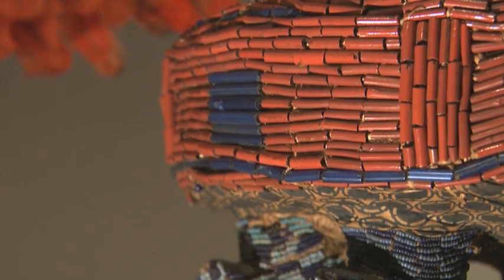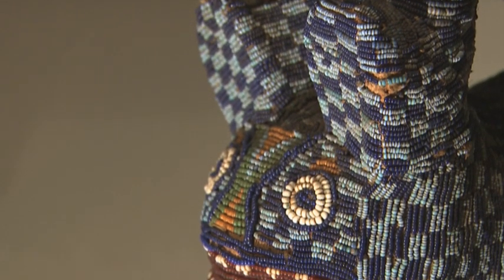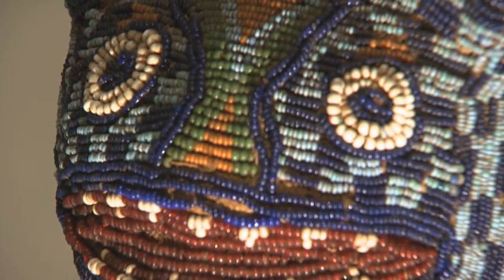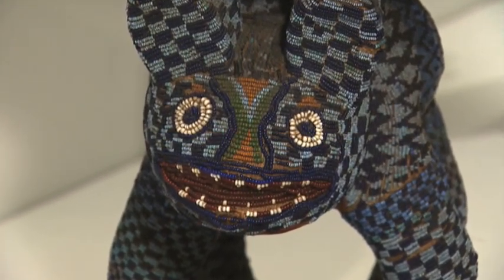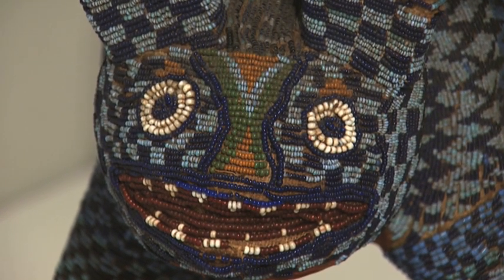And in addition to its materials, its iconography points to its royal status and to its importance as a symbol of royalty, in that it depicts a leopard. And the leopard is one of a handful of animals that is associated with the king and with his power. The king, like the leopard, is feared and respected at the same time, but it is also believed that the king can secretly transform himself at night into a leopard in order to mainly seek out evildoers, punish them, criminals,